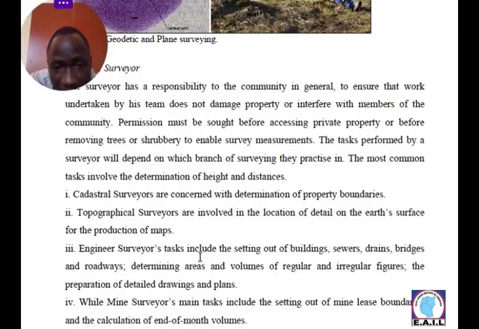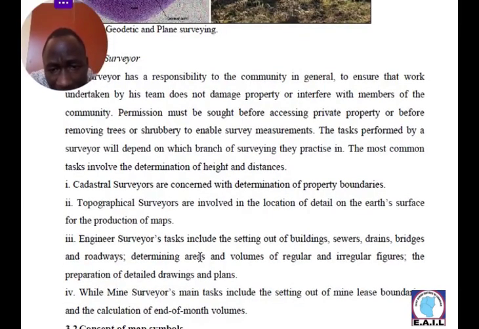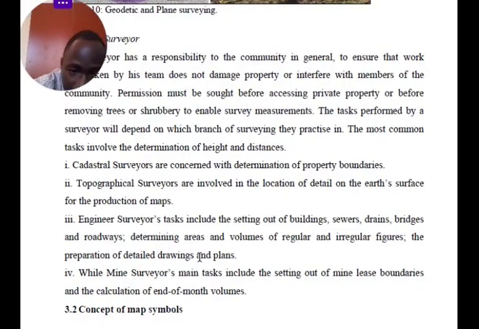Then you have the engineering surveys. These mainly deal with building structures. They make their surveys for buildings, the construction of railways and bridges, and also determine the volume of regular and irregular figures needed in specific activities. Those are what we call the engineering survey tasks. Then when we proceed, we are seeing minor surveys, mainly track